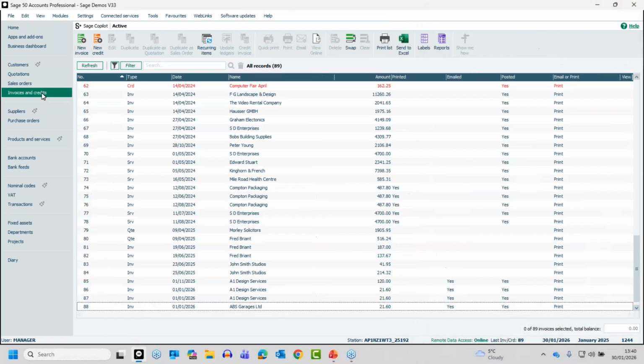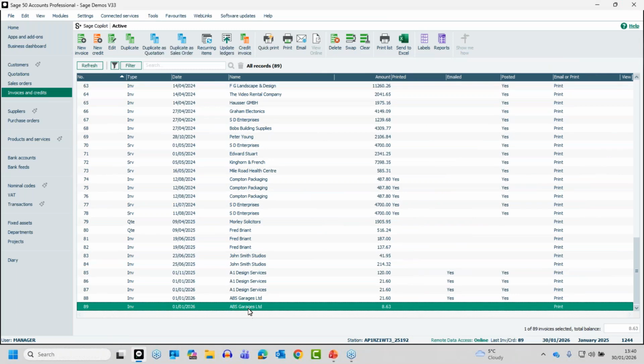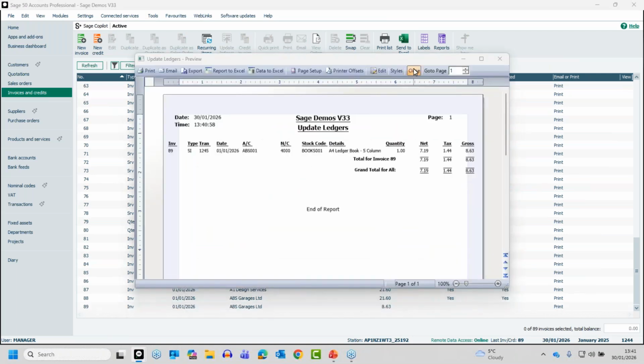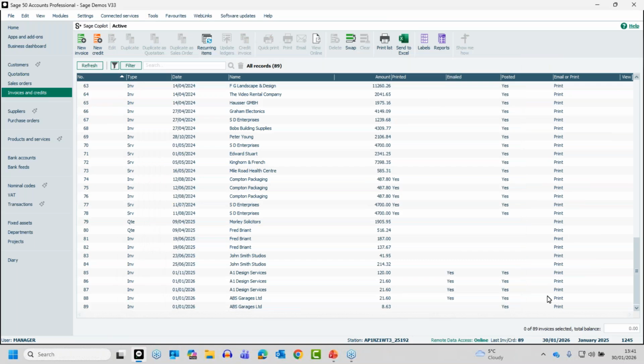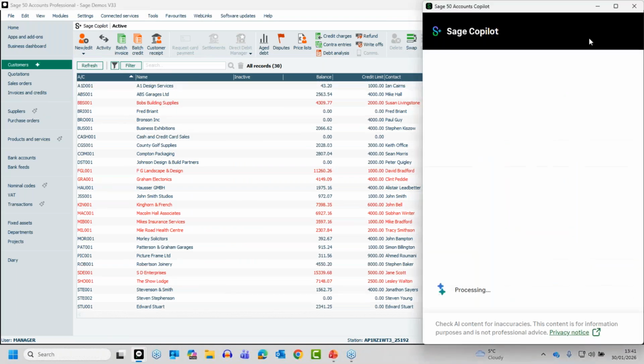So let's quickly update that invoice that I've just literally entered there. That one will be at the bottom. Yeah, that one, invoice 89. So I'm just going to update this one to the ledgers, just so it's on the customer's account. So there we go, that's updated. It now shows us having been posted, so that'll be reflected in the customer's balance now as well. So it'll be on this balance here. But if we go back to the Copilot Insights,